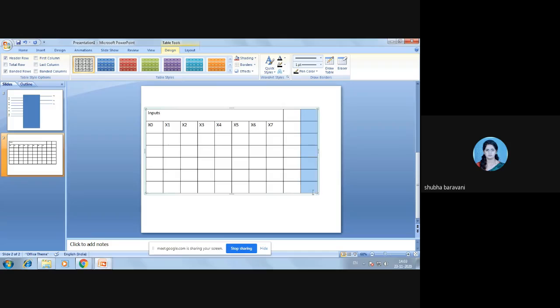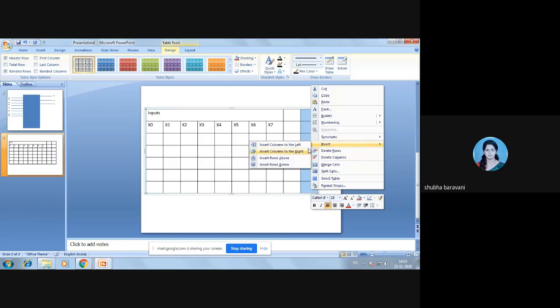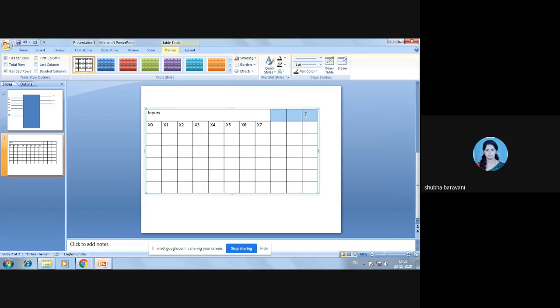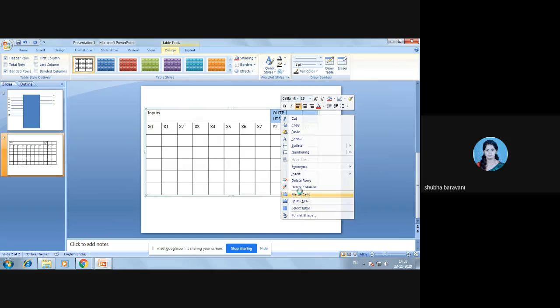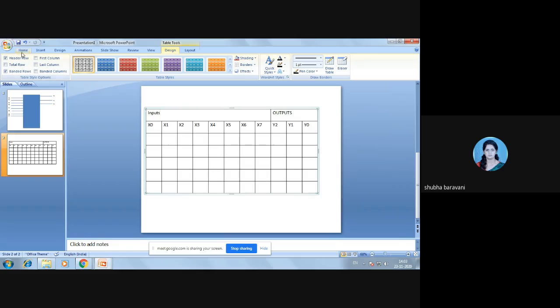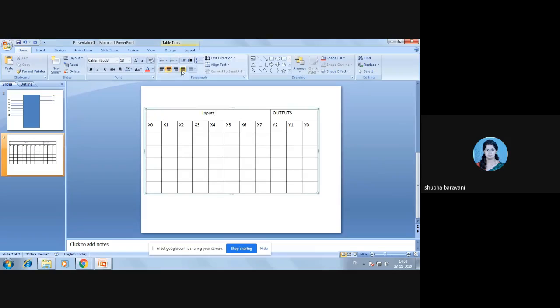Okay, and here these are my outputs, which are y2, y1 and say y0. Okay, these are my outputs. Now here in the encoder, what happens if your x0 is 1, okay, and all others are zeros,